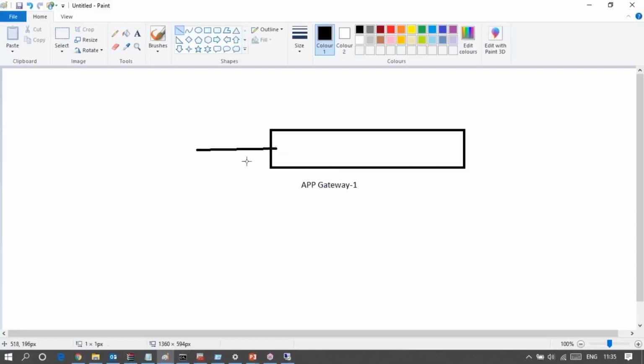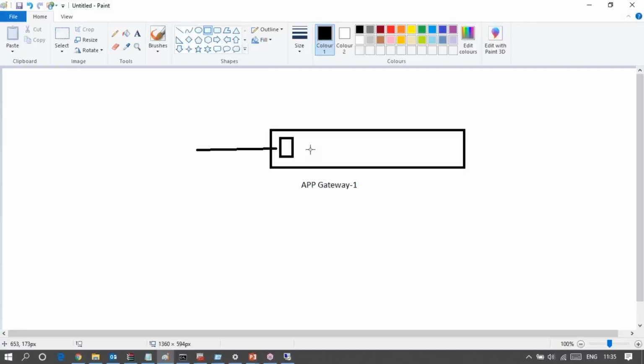The VIP will be terminated at the listener. The listener we can assume is a virtual server, but actually the listener is a combination of the IP address, protocol and port number. That combination is called the listener.